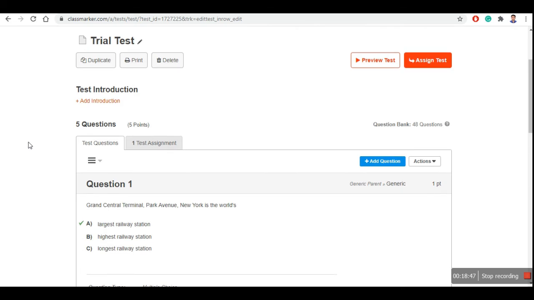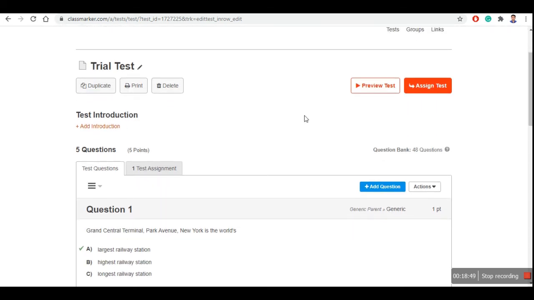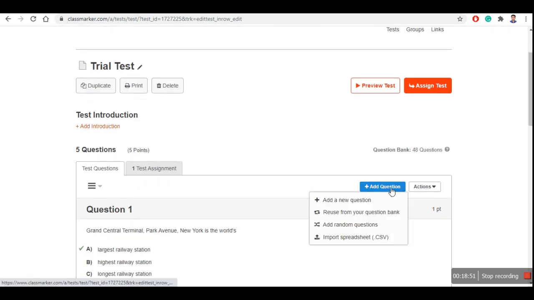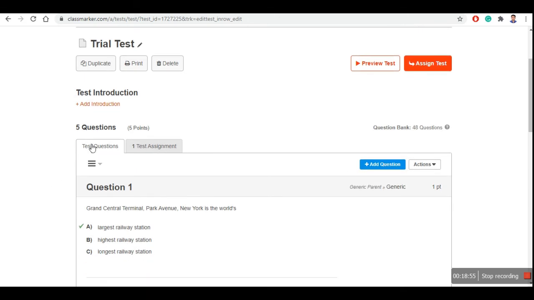Now you have added, or if you want to add any question directly here, you can add a new question, so it can be done, right? So once you have selected all the questions, say you want 50 questions to be conducted in the test, so 50 questions you can edit, or you can put all these questions over here. You can add all these questions, and then once all these things are done, your next target is to assign this question to your batch of students.